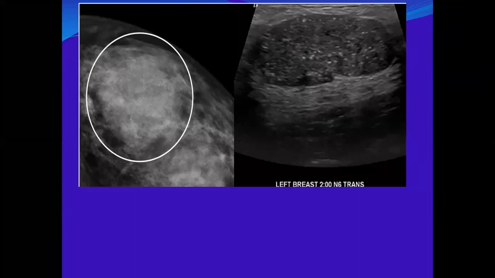I agree with you. This lesion is really deceiving, but it is there. Any more suggestion? All of you, do you agree that this is upgrading, or any other suggestion regarding this mass based on ultrasound? Based on ultrasound, I can put